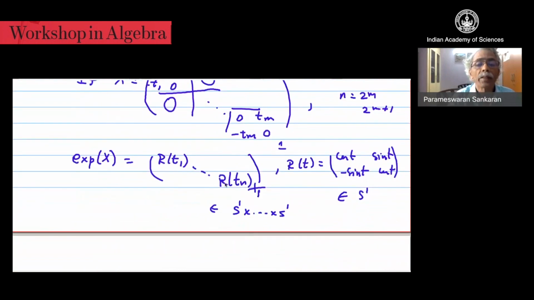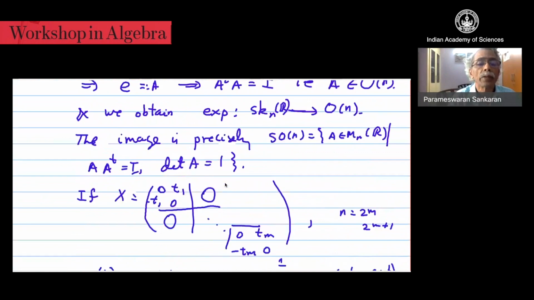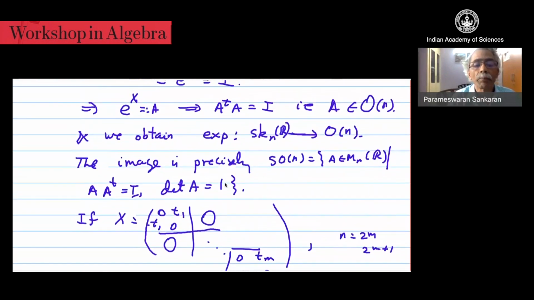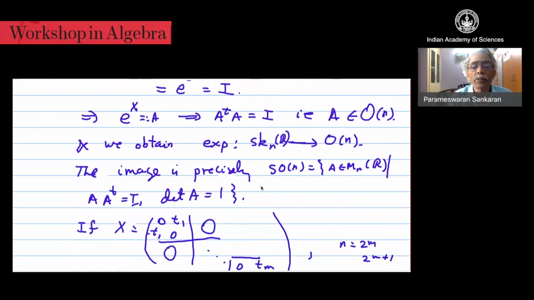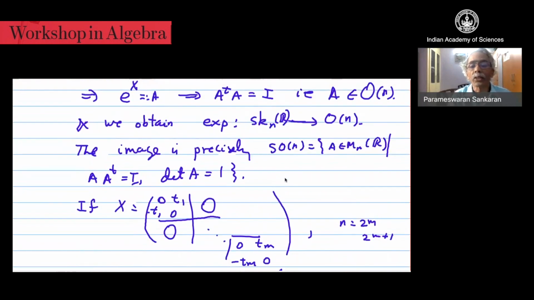So that allows you to show that in fact the exponential map is surjective. And now once you know it is surjective, even though some additional work is required, on the other hand, you can actually compute